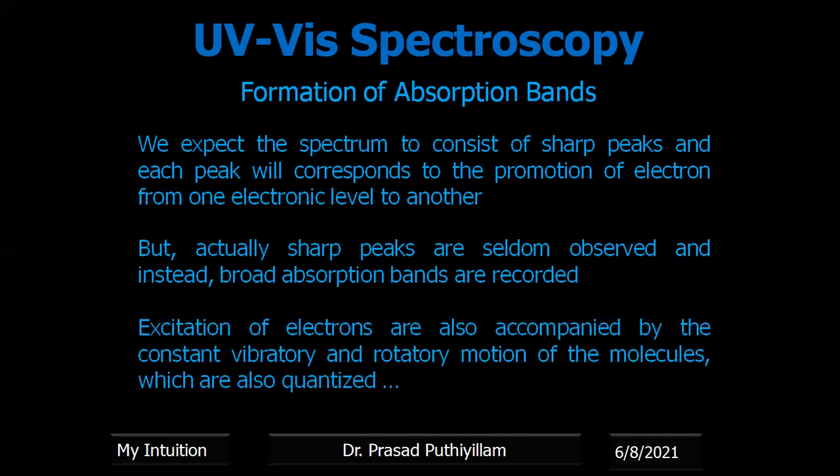It is because not only are the electrons excited to a higher energy level, but the electrons are present in molecules, and the molecules also absorb some part of the UV visible radiation. They undergo vibrational as well as rotational movement. Vibrational and rotational movement is explained in detail in IR spectroscopy, so I'm not going into detail, but electronic excitation, vibrational motion and rotational motion of the molecule due to absorption of electromagnetic radiation are all quantized.